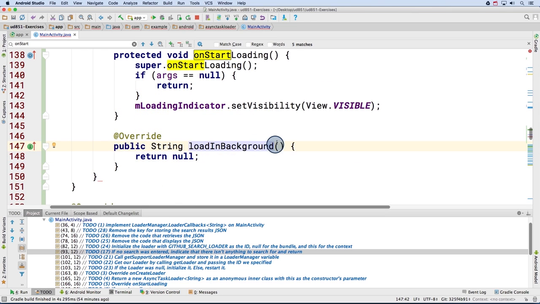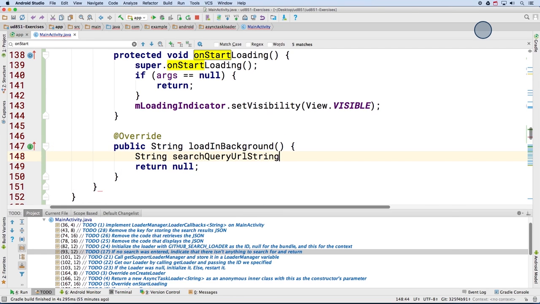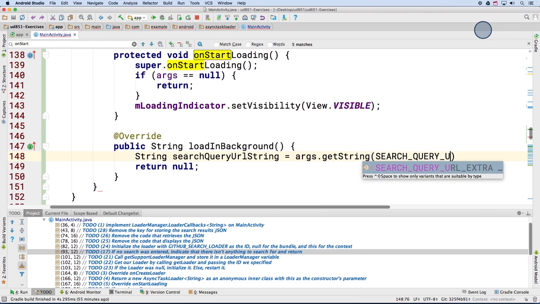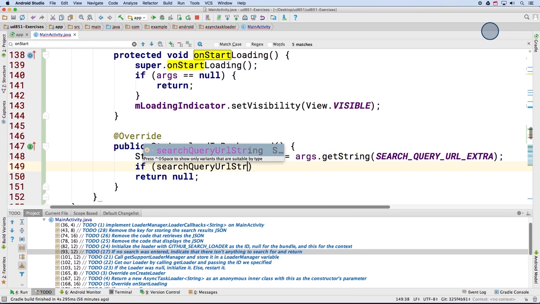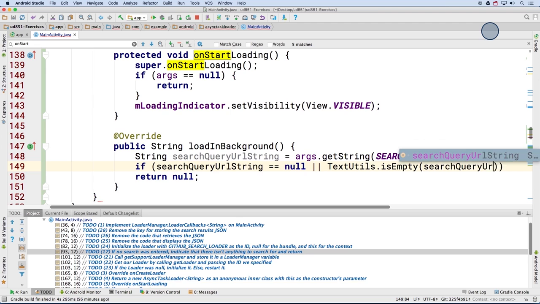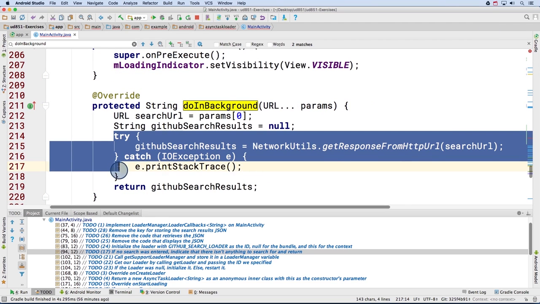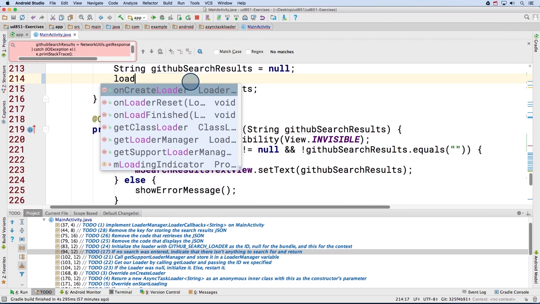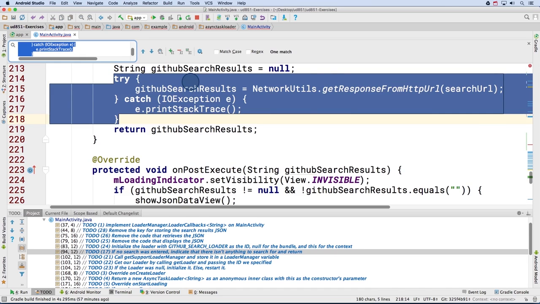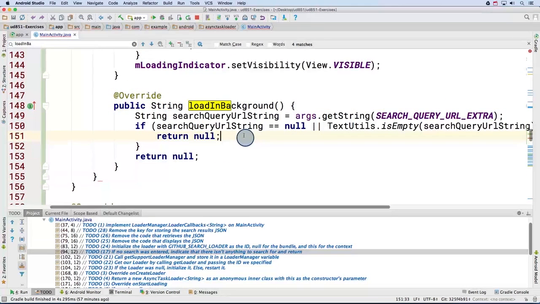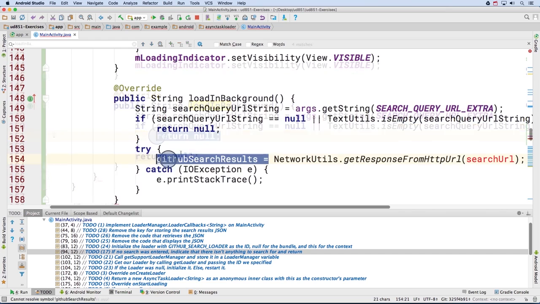Next, we'll fill in loadInBackground, which I've already had Android Studio override. First, we'll get the string for our URL from the bundle we just created. And if the URL is null or empty, we'll return null. Next, we'll copy the try-catch block from the AsyncTask's doInBackground to loadInBackground. And we'll fix things up to make it compile,